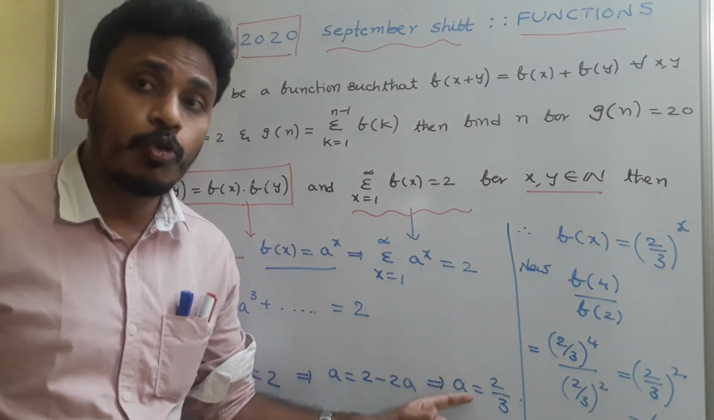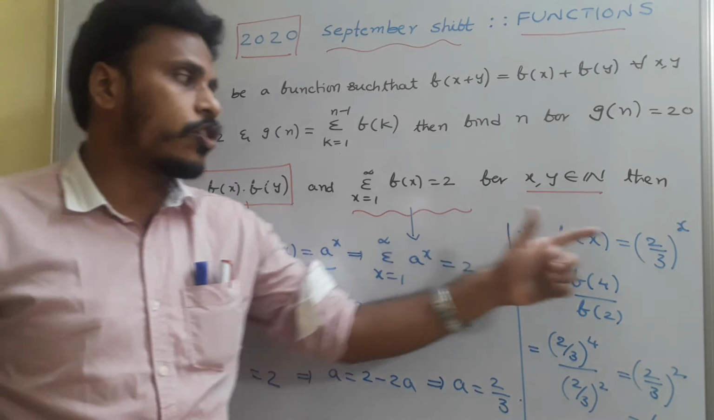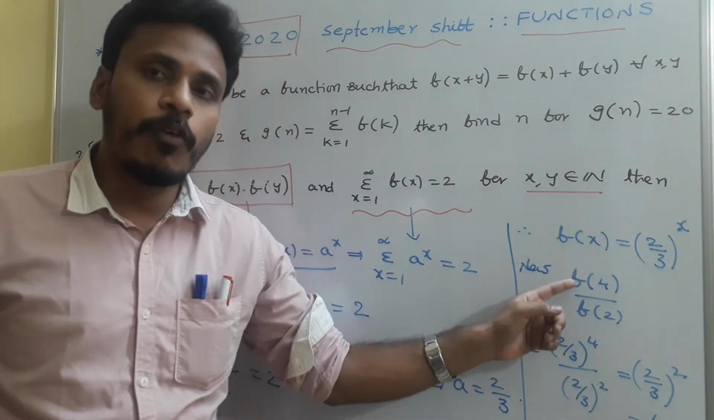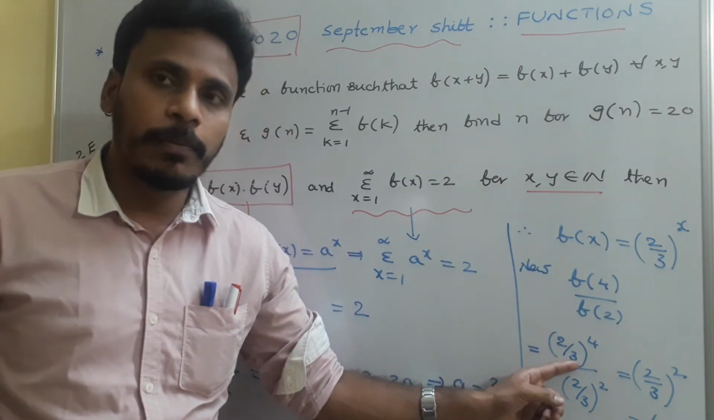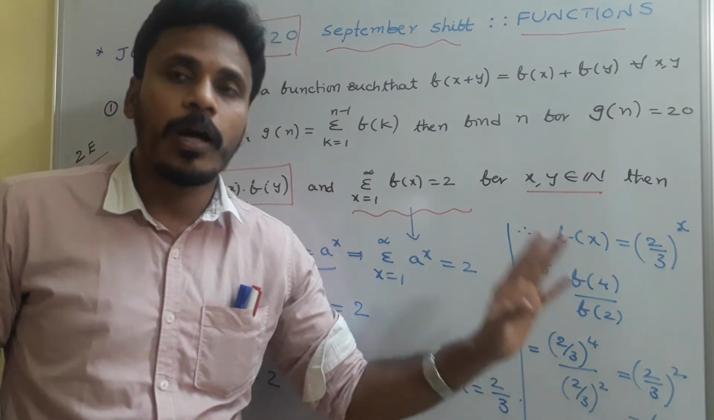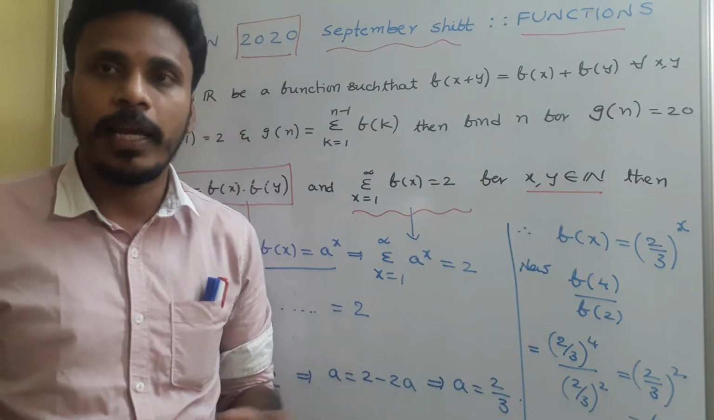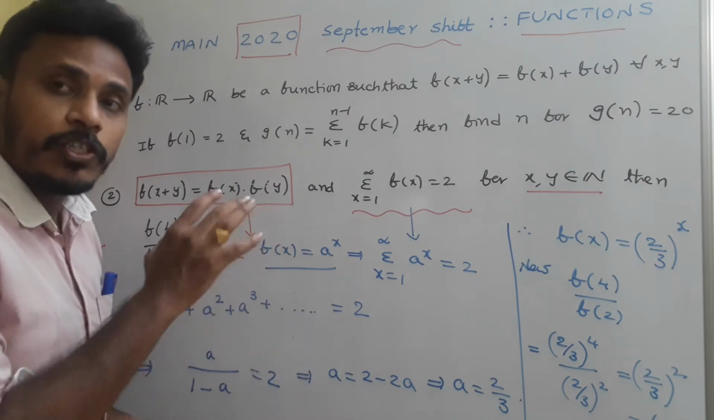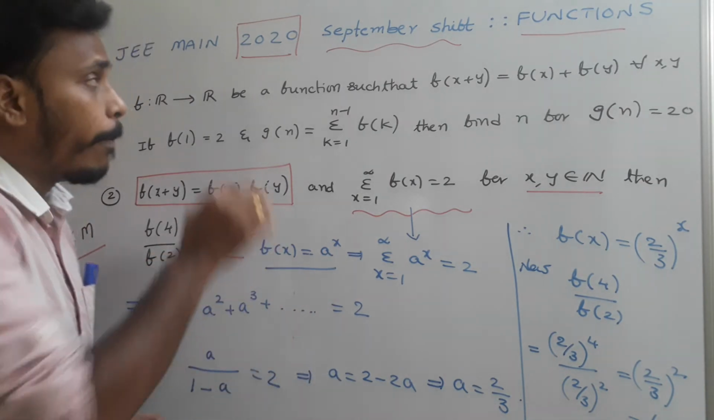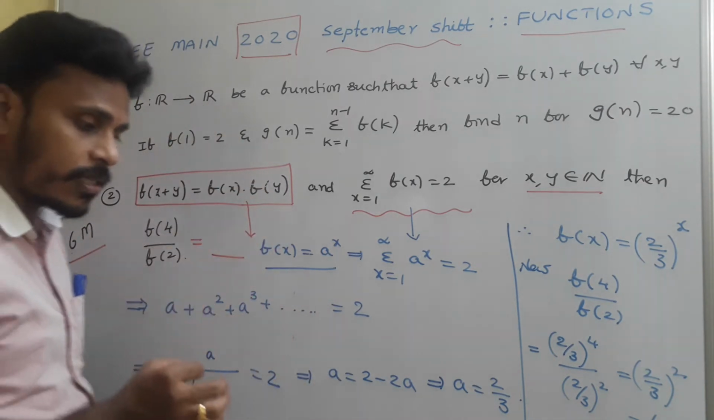Then use that, a 2 by 3 for the function, which is (2/3)^x. At the end, f(4)/f(2) is (2/3)^4 divided by (2/3)^2. Your answer is (2/3)^2, which is 4/9. There ends one problem which was asked in Mains 2020 September 6th